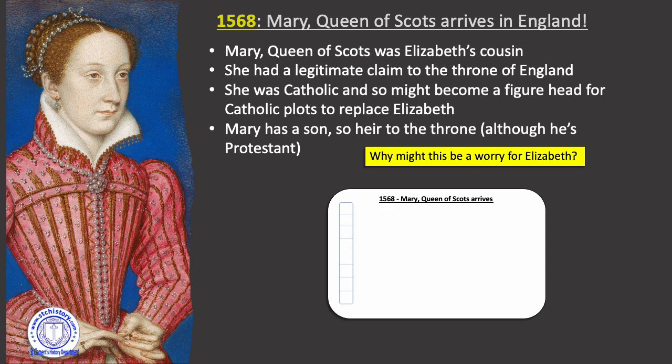Remember, as well as Mary arriving, this is the time where the Pope has told the Catholics to stop going to her church. The Papal Bull is going to be issued, the excommunication, basically telling everyone to not follow the religious settlement. You've got some of those nobles in the Northern Rebellion, which we'll look at in a sec, remember. They're going to be recusants and they're going to undermine the Queen. So all of a sudden, remember we said the other lesson, this is definitely the end of the honeymoon period for Elizabeth I.